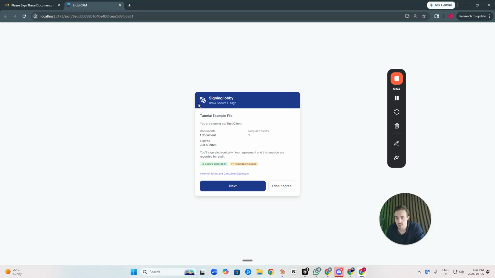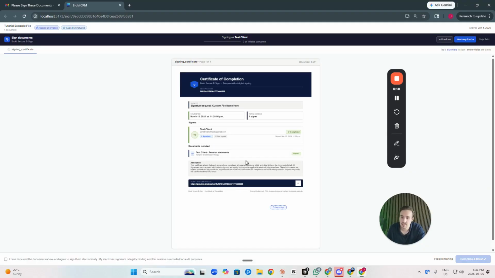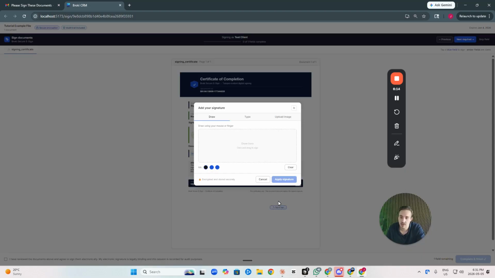So it says this is the signing lobby. It just gives them an idea of how many fields are going to be required, when it expires, and so on. They click next or I agree. They can view our terms and conditions of how we manage our e-sign stuff, but we have a full audit trail of this. And they click next, takes them into the e-signing,